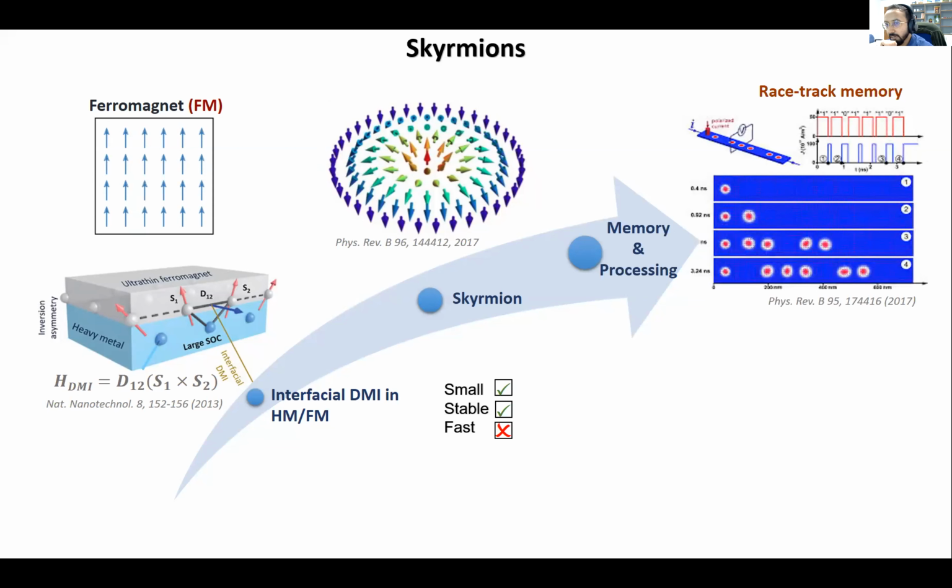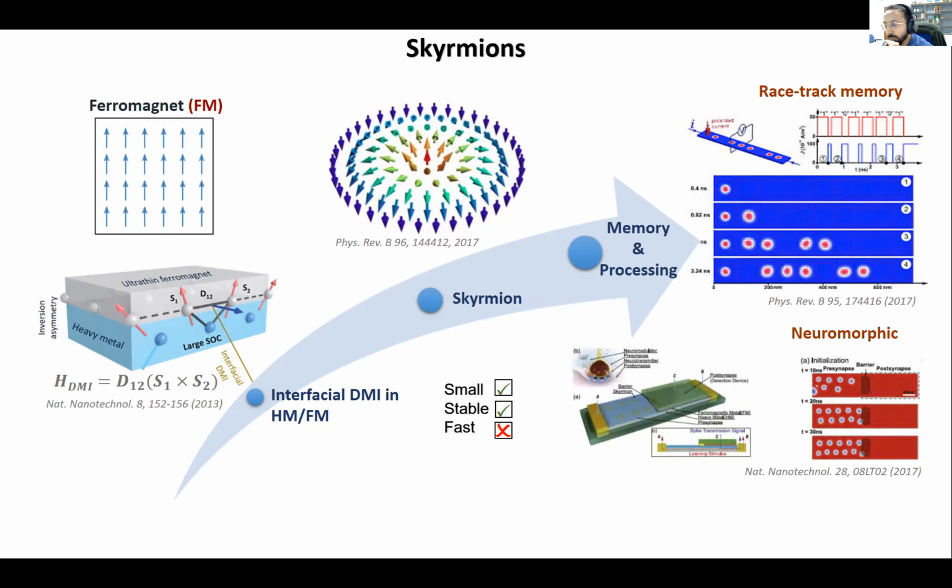At the device level, the application that we look forward to is to use these skyrmions in a racetrack memory, which was proposed almost two decades back, and which would be a fast replacement of memory. The newest and probably most exciting proposed purpose is for neuromorphic devices, which was theoretically established through simulations around 2017, but recently there have been some demonstrations of skyrmionic neuromorphic devices as well. So just a brief background on this.